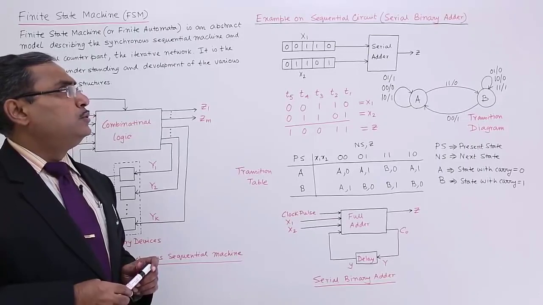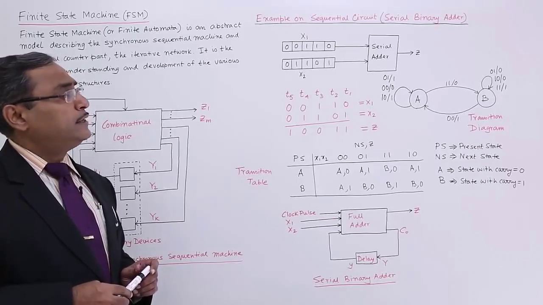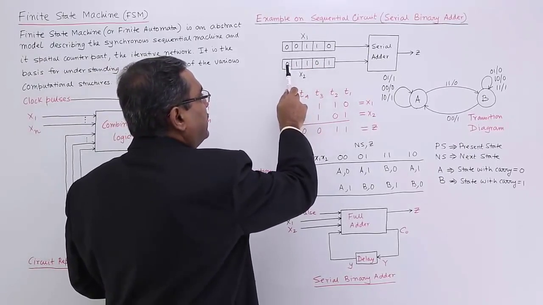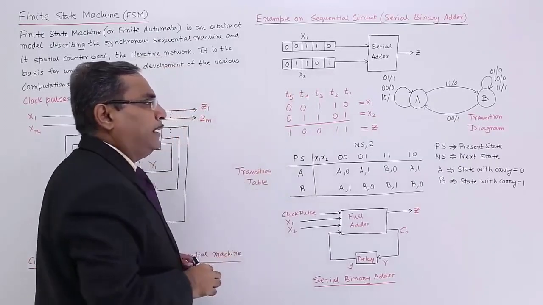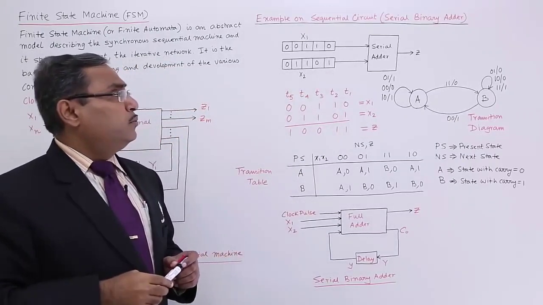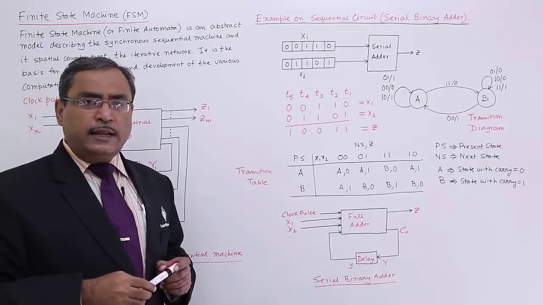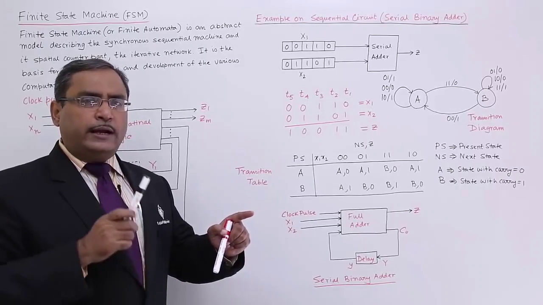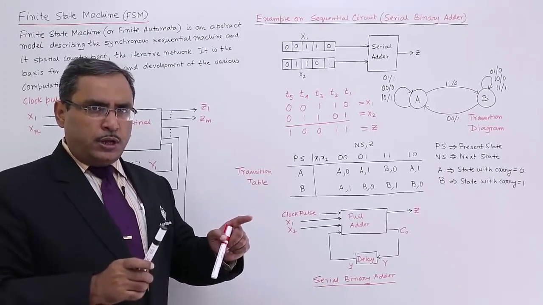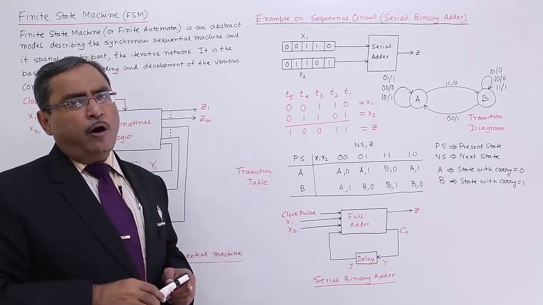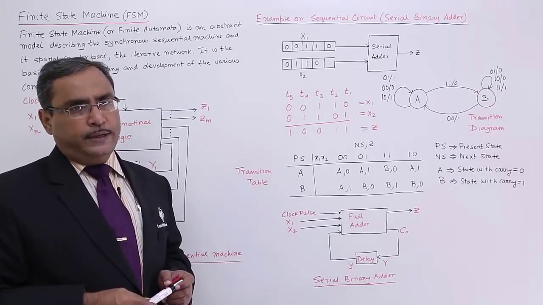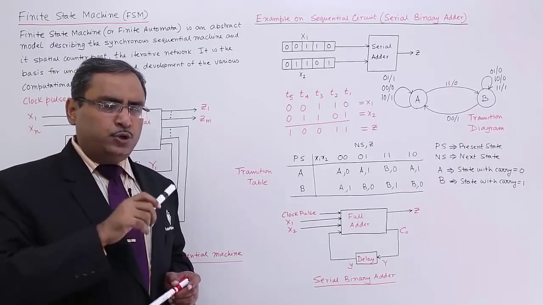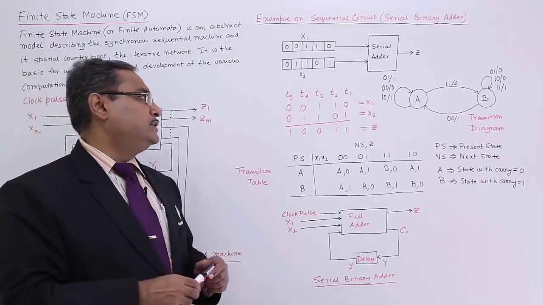Let us suppose we have two numbers, x1 and x2. x1 has the bit pattern 00110 and x2 has the bit pattern 01101. We have taken these arbitrarily. And one serial adder is here. We know the serial adder: one bit from x1 will go to the serial adder along with another bit from x2. These two bits will get added and the output will be obtained, and that will be the Z. But if we go on adding two bits, obviously the previous carry should be taken into account. So let us go for such an example.